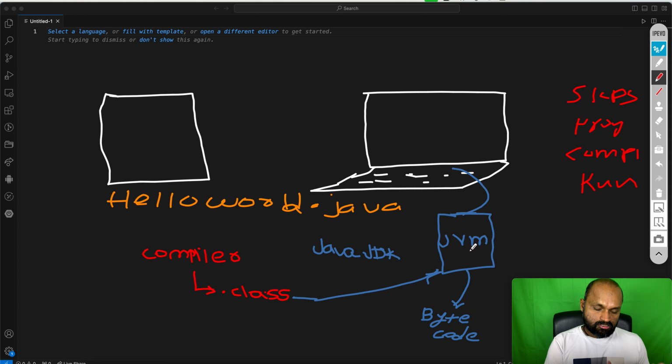I'll go into that concept later, but for now, remember these words: JVM, which is Java Virtual Machine, and the Java compiler. It is like any other compiler, right? It compiles the code into bytecode, and then the bytecode is run by the Java Virtual Machine. So these are the terms you need to take away from this class.